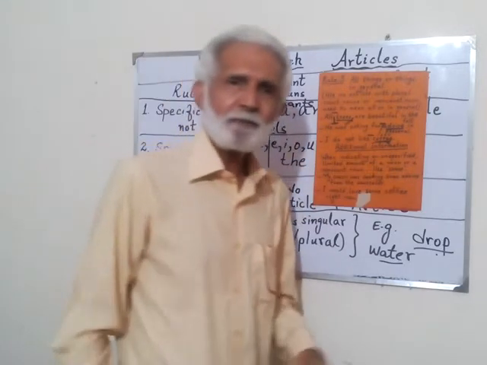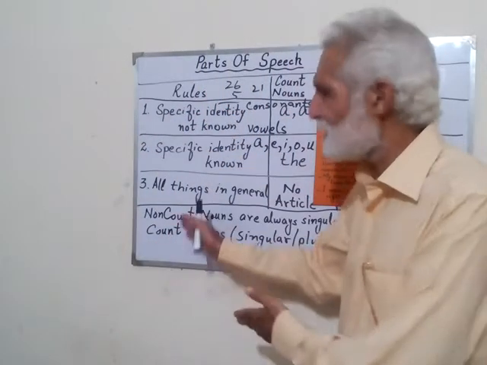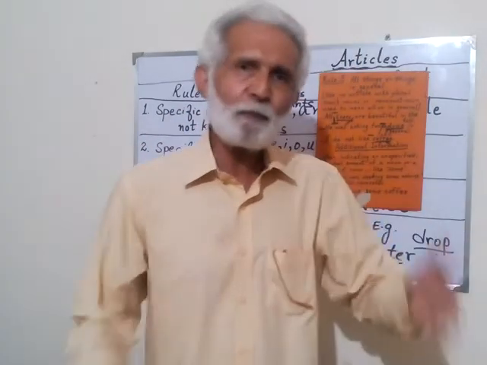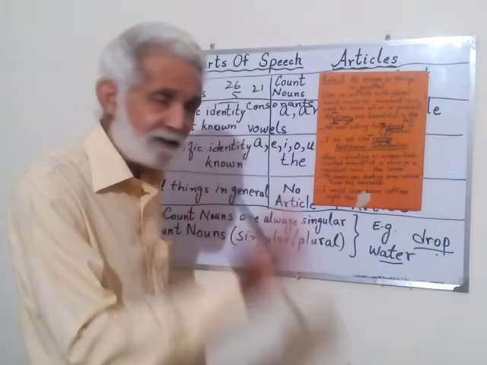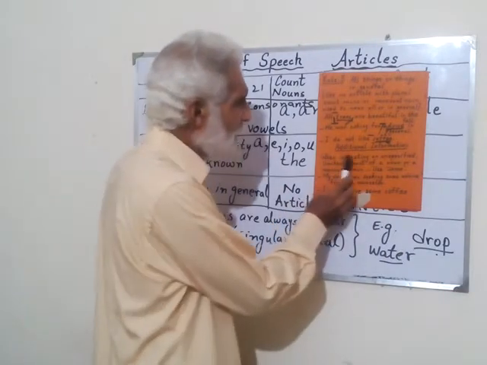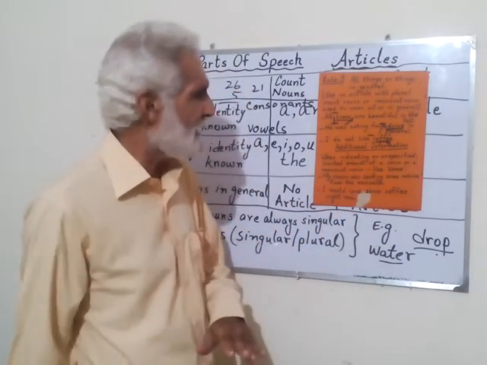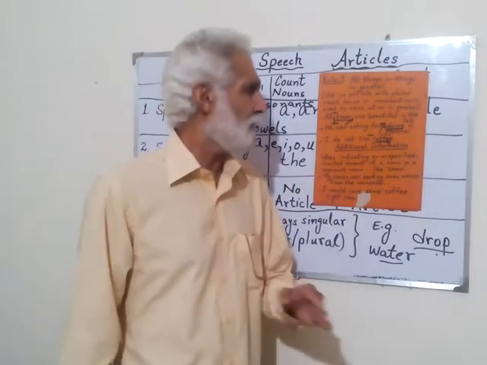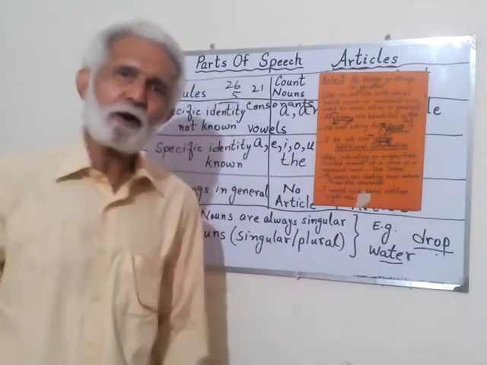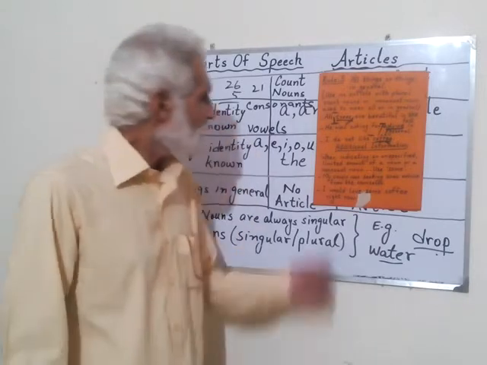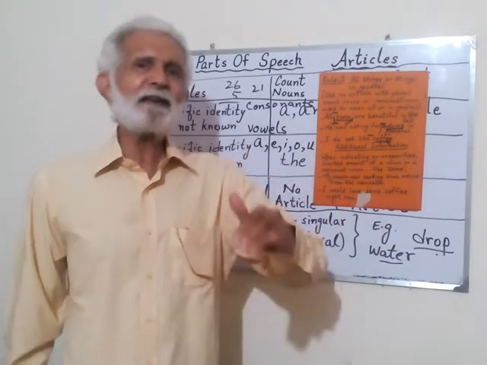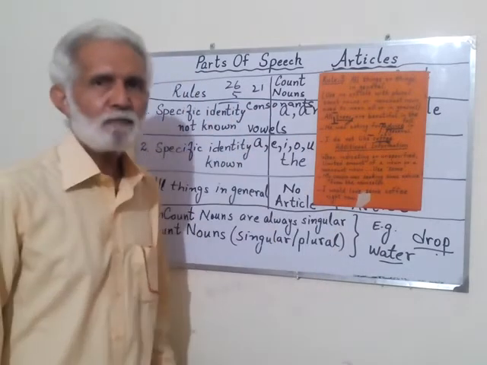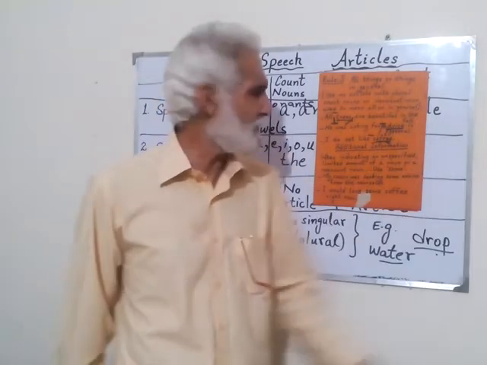Additional information: I have explained all the 3 rules, but here is additional information about articles. Remember, this is very important. It applies when indicating an unspecified limited amount of a noun or a non-count noun. When we say unspecified, it is common, it is general. "My cousin was seeking some advice." "He was looking for some advice."